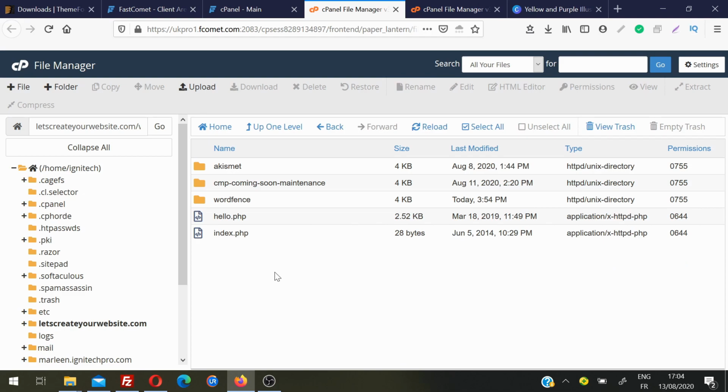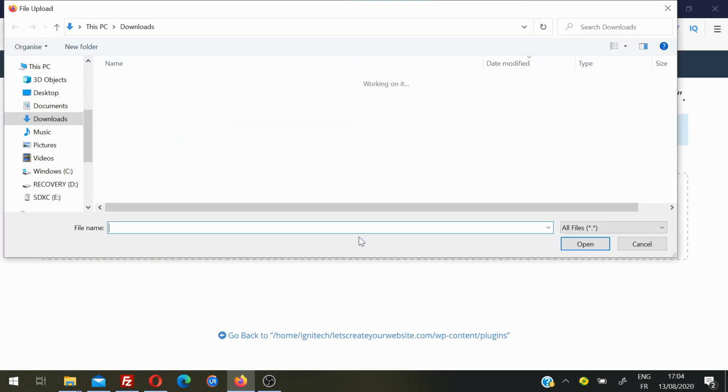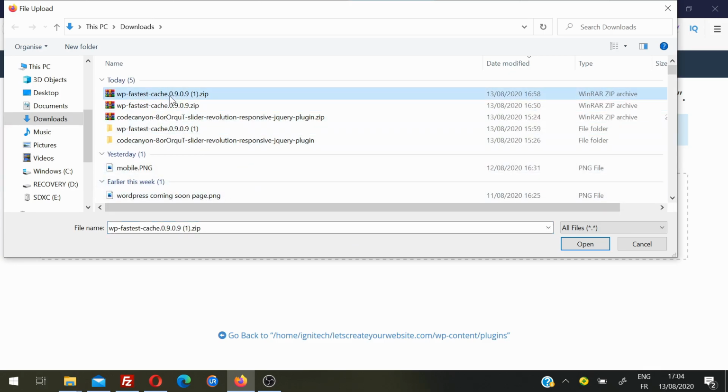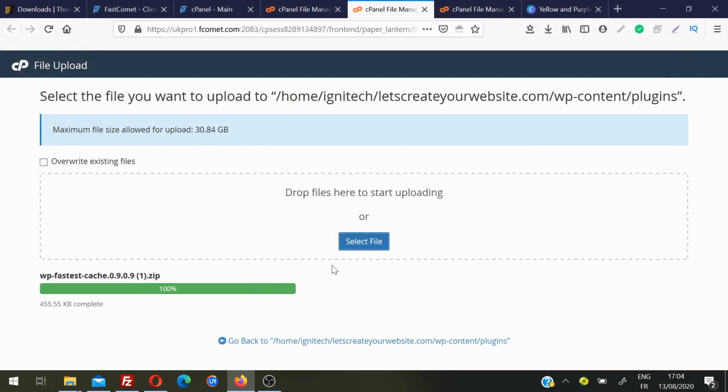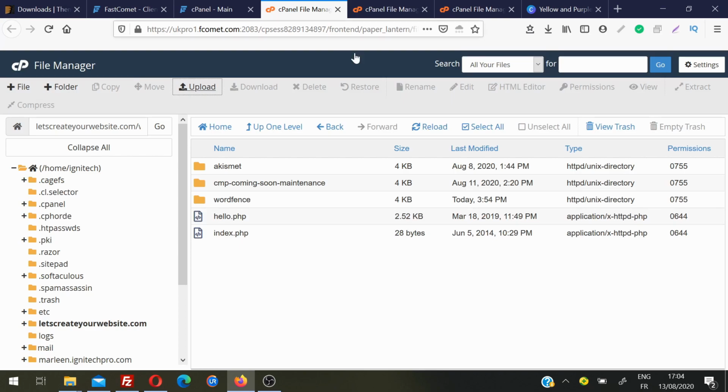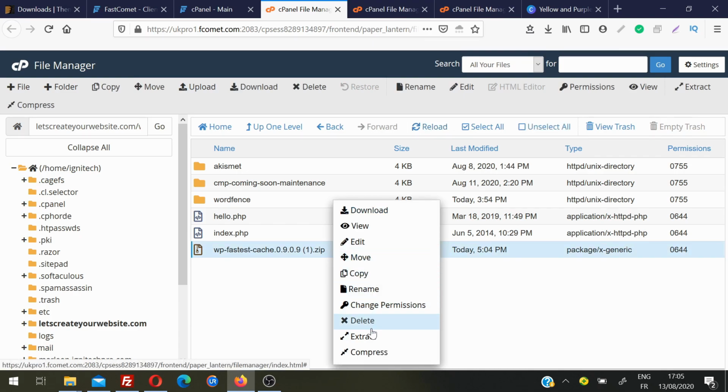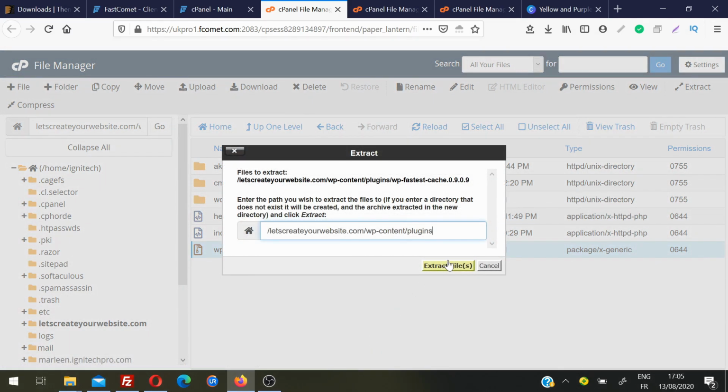Okay, in this way we can upload a zip file directly, because cPanel have capabilities to unzip the file. So I'll click here on upload, and then I'll select the files. Select the plugin file you want to upload, either this one or this one from premium plugins like ThemeForest plugins. You can upload any kind of file. You can upload zip file of the plugin, maybe it's premium or it's a free, and once it's complete 100%, I'll go back and make sure that our plugin file uploaded. So I'll reload this here, then I will click, right click and extract the plugin file. Extract files.